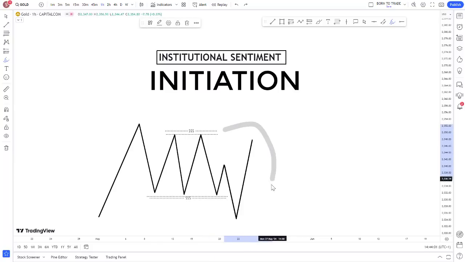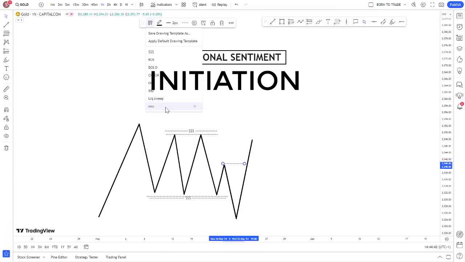And at this point, remember, you're only staying out of the market. You're not looking to get involved in the markets. Why are you not looking to get involved? You're waiting for the institutions to give you signs. Once you understand the institutions have stepped into the market, you allow them to run their manipulation phase, this initiation phase. Then after that, this is when you're going to look to approach the market and trade in line with the institutions. But at first, what we see right here is that this initiation phase is the phase where we see price reversing to the opposite direction.